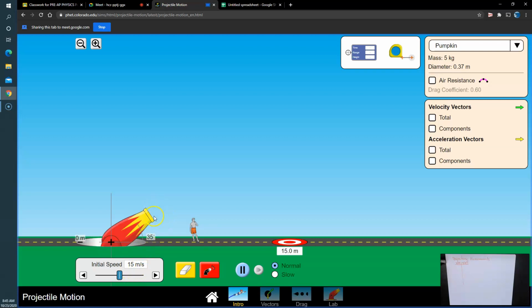Suppose that you put two photo gates at the end of the cannon and you measure that velocity. We are not going to use the target now. We are going to use this measuring tape instead. All right, so shot,